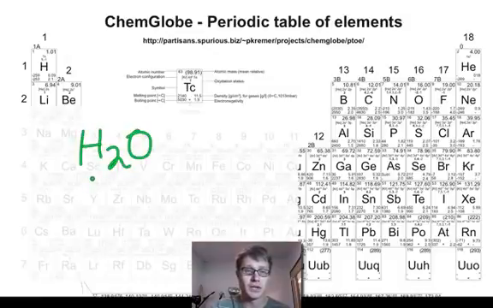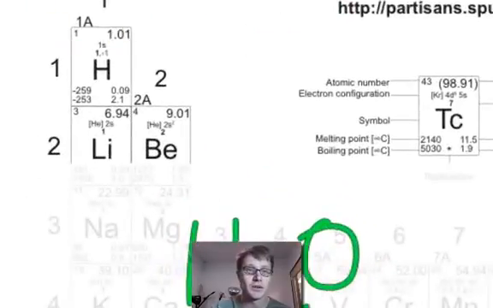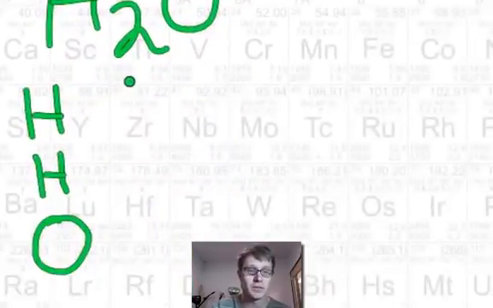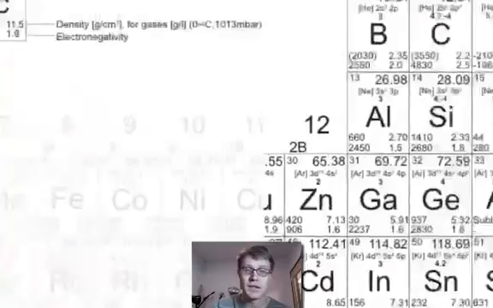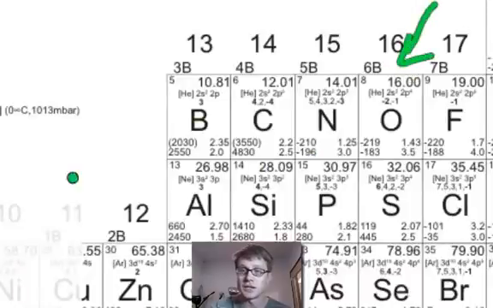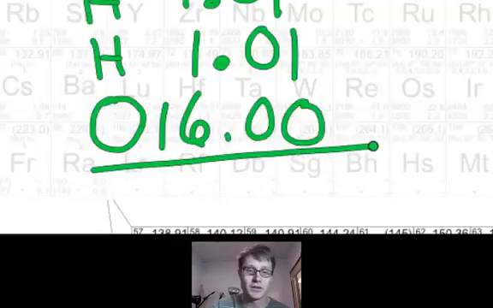To do that, well, H2O has 2 H's, so I've got 1 H, 2 H's, and then 1 oxygen. And so on the periodic table, you're going to find the mass of each of those. So here's hydrogen, and it has a mass of 1.01. The other hydrogen has a mass of 1.01. And then the oxygen, which is way over here, has a mass of 16.00. And so if I add all those masses up, the mass of water is going to be